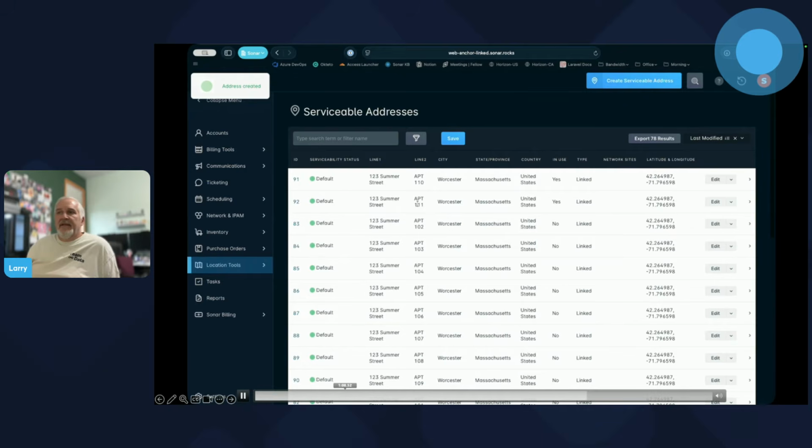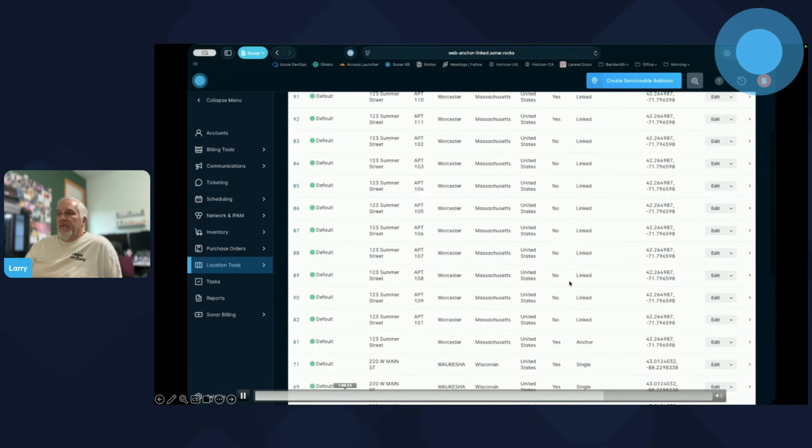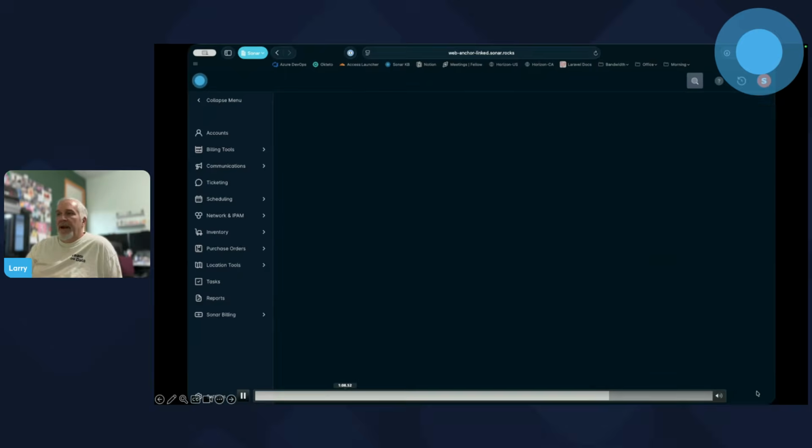So we see it added the 2 addresses there for us. They're linked addresses as well. But if you look at the in use, you can see that it's got yes, because there are accounts now associated to those. If we go down and look back at our anchor address and we go and manage that,